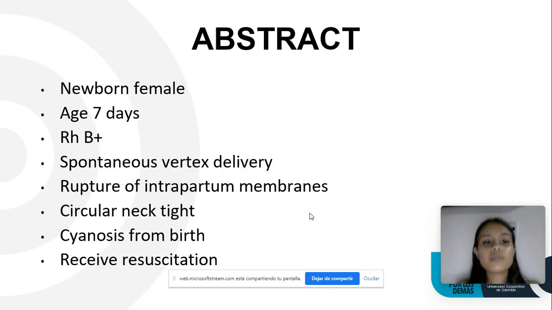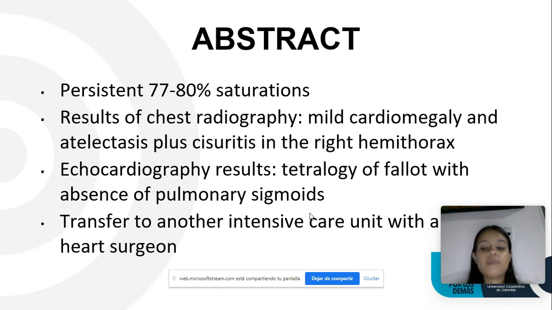Okay, the abstract. Newborn female, age 7 days, Rh positive, spontaneous vertex delivery, rupture of intrapartum membranes, circular nuchal cord, cyanosis from birth, received resuscitation, admitted to the ICU, and due to persistent cyanosis received ventilation and inotropic support without improvement